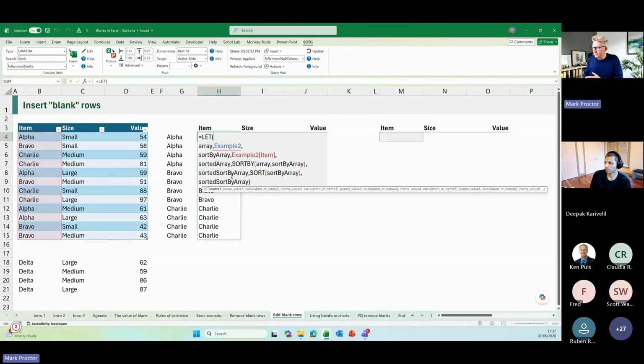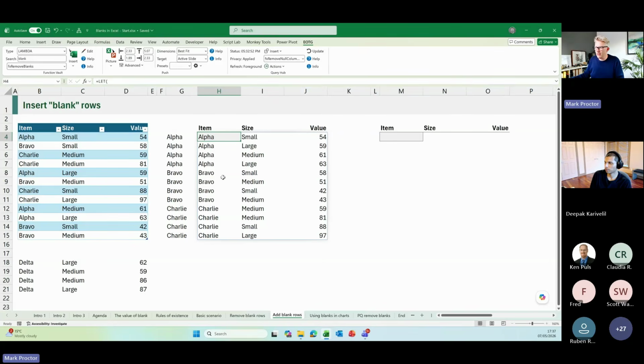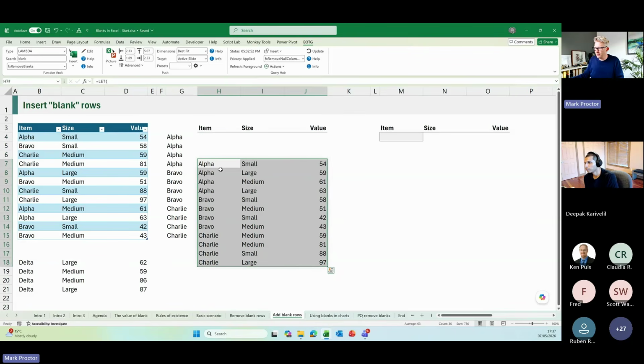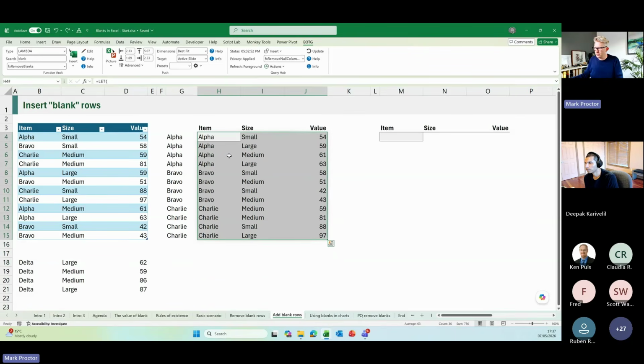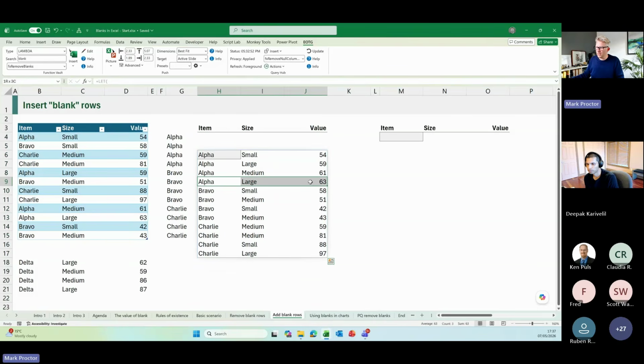Now, our goal here, what we want to do, let me go back to our sorted array. The overarching principle here is that we're going to have our values here. We're effectively going to create an array. So I actually need two. We're going to create an array that contains two blank rows. And that's because we have a blank row between Alpha and Bravo and a blank row between